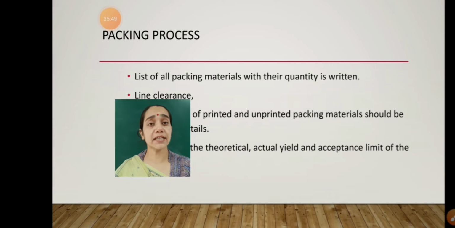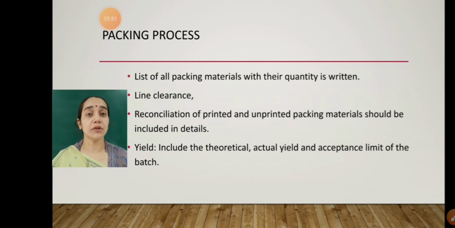Now the next is the packaging process. The packaging process basically includes how the product will be packed. It should contain the master formula section of the master formula record where the packaging processes will be specified. Then it should contain the list of all the packing materials, meaning the different packing materials which